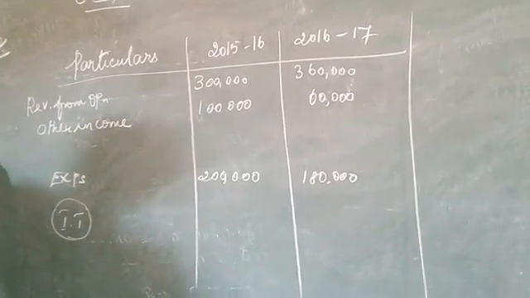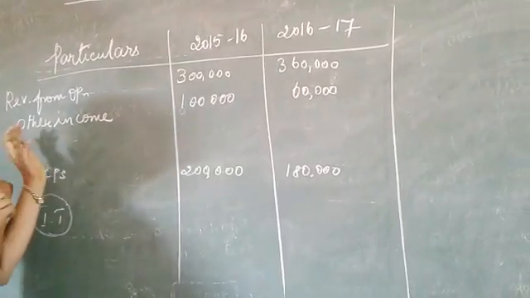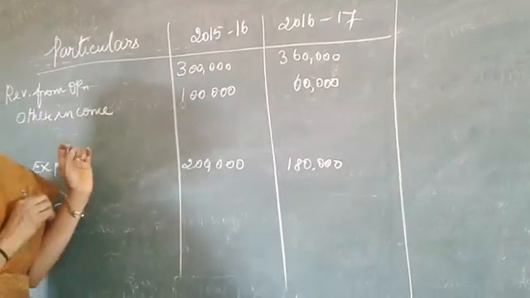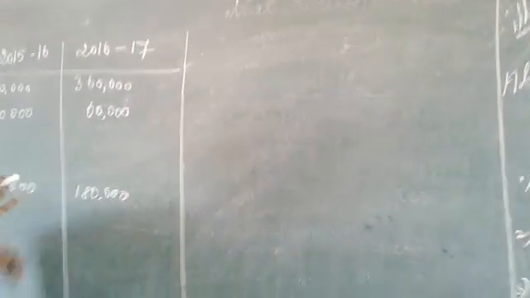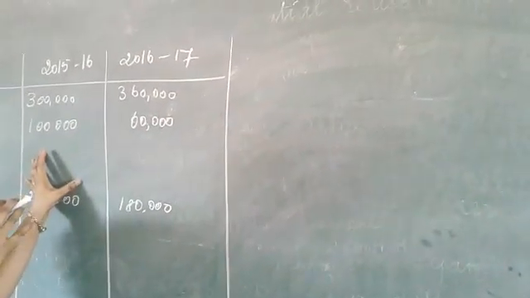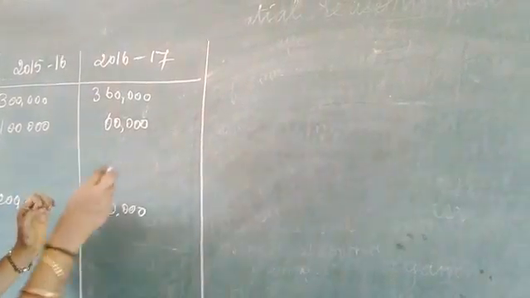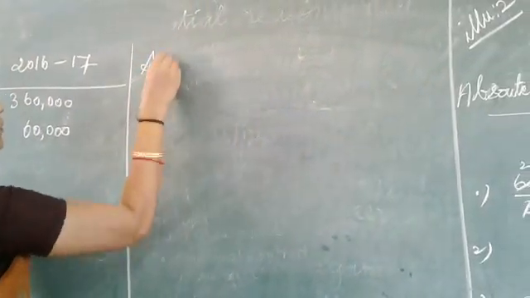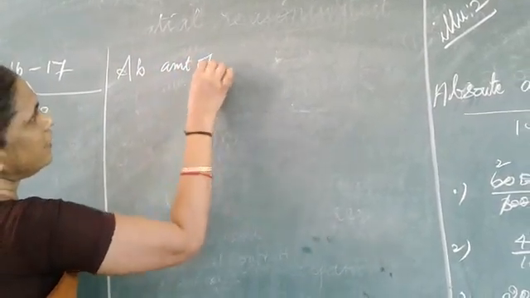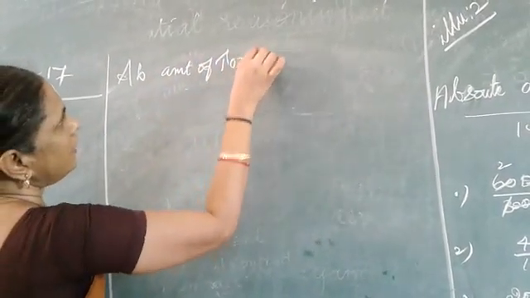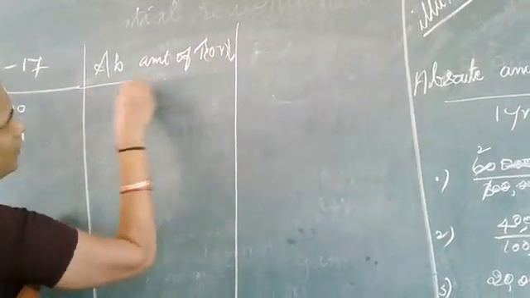Shall we start? Okay. Now, you can come to the calculation. First, we can calculate everything. Shall we start the sum? Okay, listen. Now, we are going to do the sum. Can you tell me the answer? Yesterday, what we have written in the third column? Yes, absolute amount of increased or decreased value, isn't it? Increased or decreased. So, you have to find out.